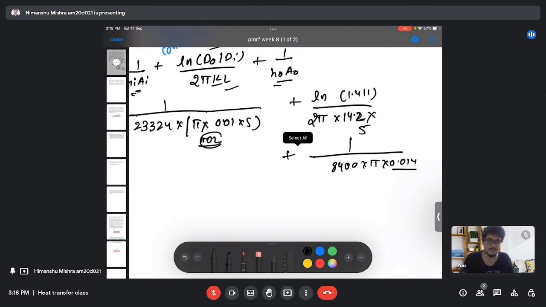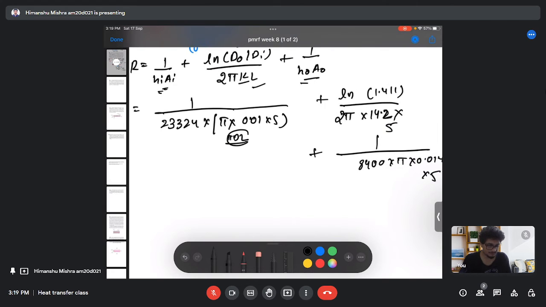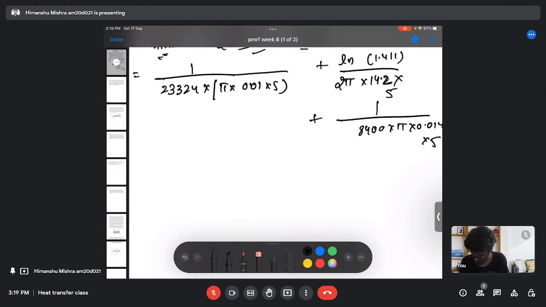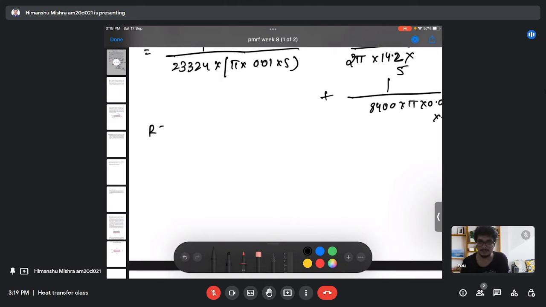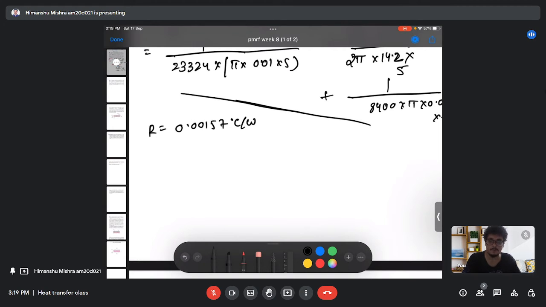Here I am considering the outer diameter. So we just need to calculate this. And the total resistance we will get by calculating the above quantities. So now it becomes easy for us to calculate the overall heat transfer coefficient. So my overall heat transfer coefficient will be given as